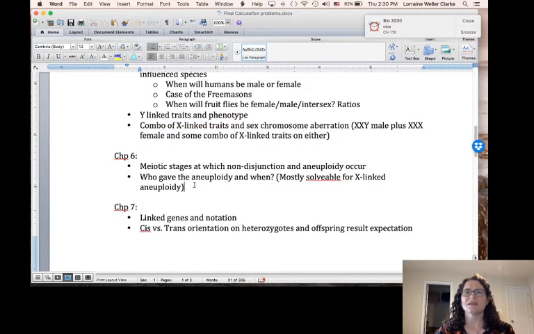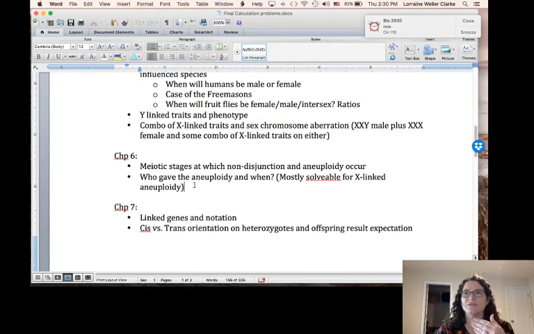Chapter 6, again, this is one of those ones that you can solve for the aneuploidy. Again, we mostly talked about what causes aneuploidy, the results of a lot of the aneuploidies. Those are not calculation pieces. Those are studying the process of aneuploidy and how that happens. But you should know the meiotic stages. And in particular, the one from chapter 6 you may have to cover here, in terms of a calculation, is in this combo of people, someone with an aneuploidy and someone without,